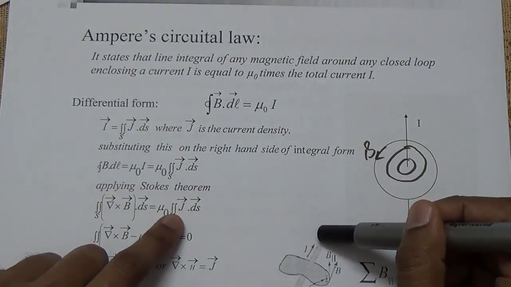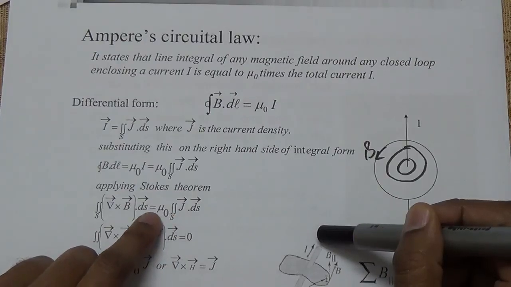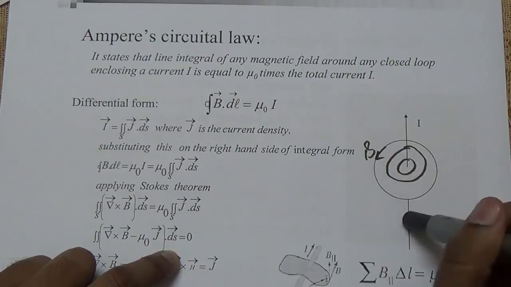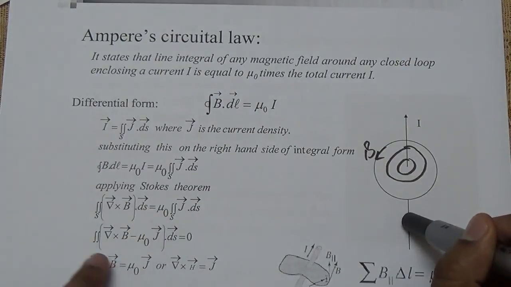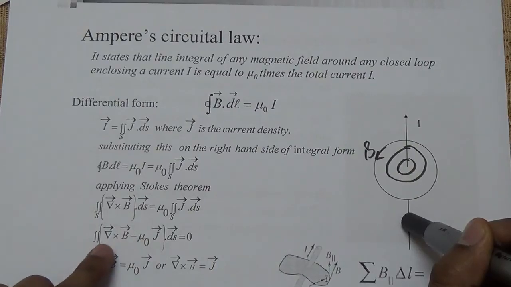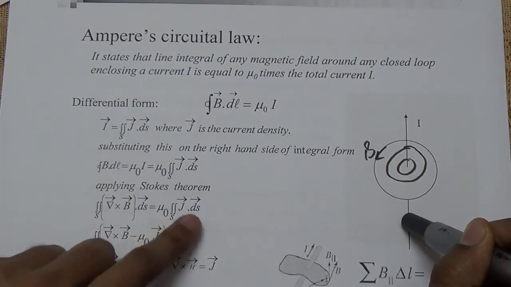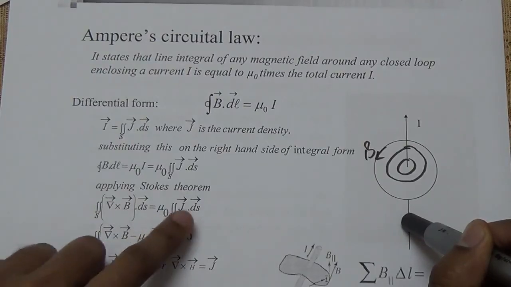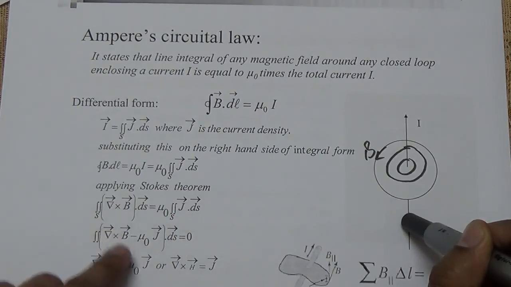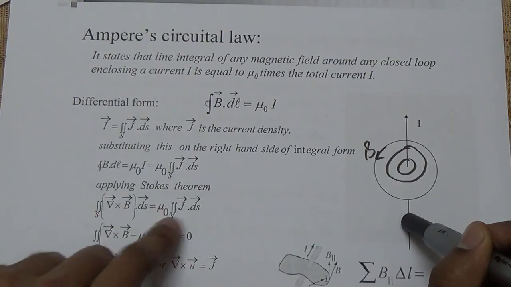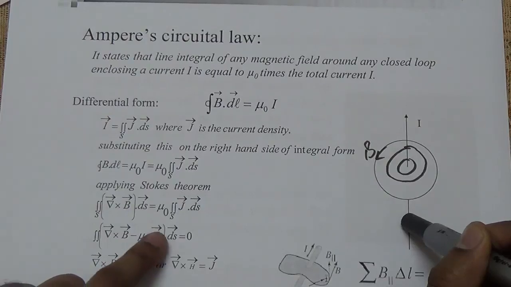J is the current density, which is constant basically in this current carrying conductor and comes out of the integration. So mu naught times J. We know that these are comparable, so bringing the right hand side to the left hand side, it becomes del cross B minus mu naught times J, dot ds,